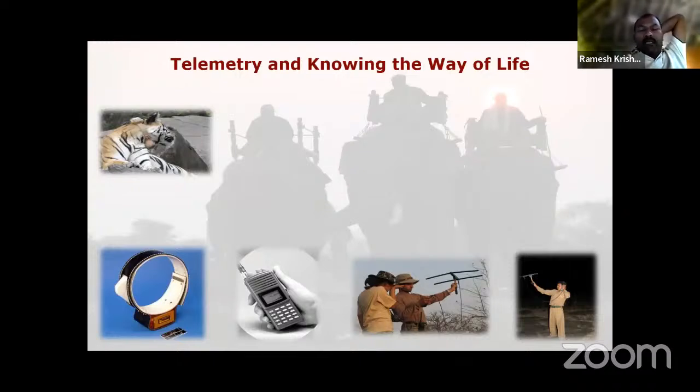I'll be talking about that in a little more detail with the knowledge management system. But after the camera trap, let's move on to telemetry. Telemetry is understanding any object from a distance. In fact, it is the best way of knowing the life of wildlife, because unlike the camera trap, the animal has a transmitter. It can transmit information on a regular basis, so we can collect information. There are multiple sensors available: temperature, motion, activity, proximity sensors, drop-off sensors, all sorts of things.